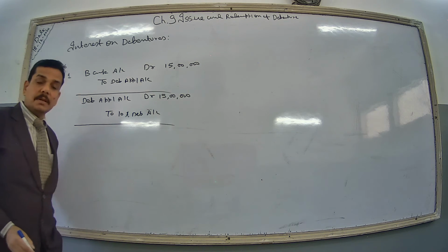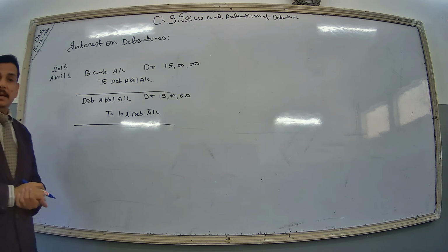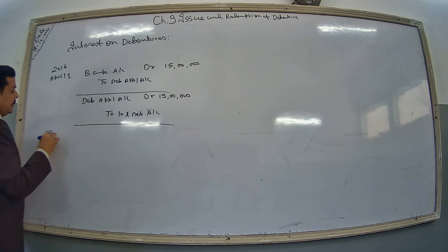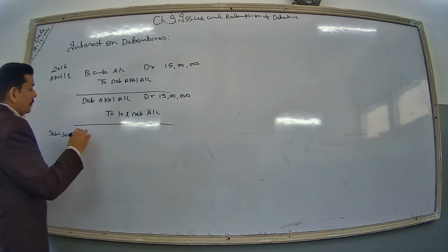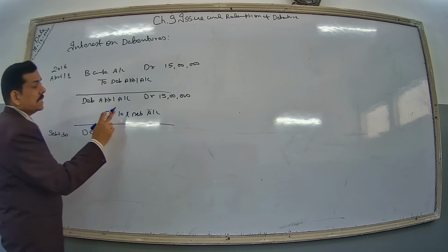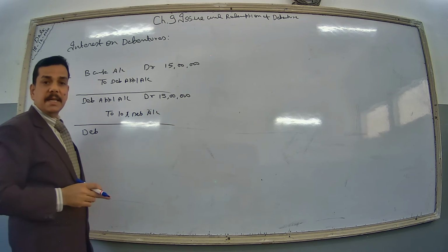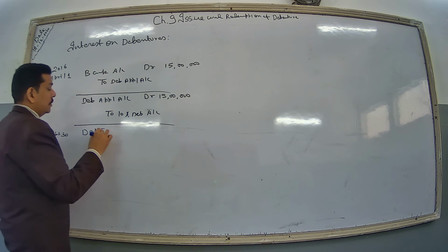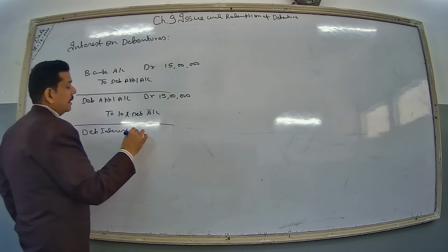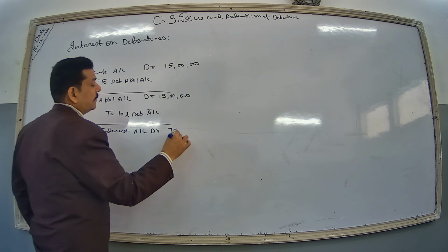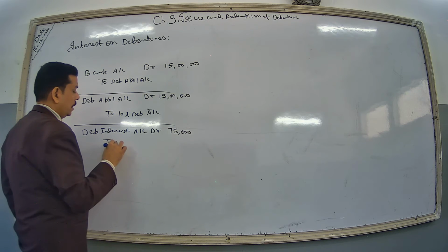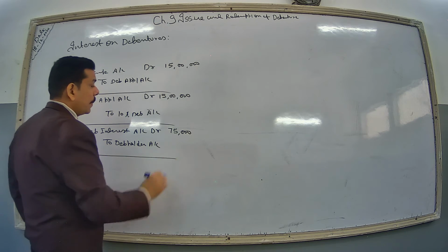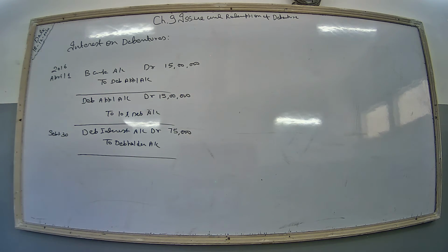Okay. Now this amount is transferred. Now the issue is on April 1. Definitely interest will be due on 30th September. So September 30. Now 10% debentures are there. So 10% of 15 lakh is 1,50,000, but it's a half yearly interest, so half of that, so 75,000. So debenture interest account debit 75,000 to debenture holder account. Clear? Write down the narration: being the debenture interest due.